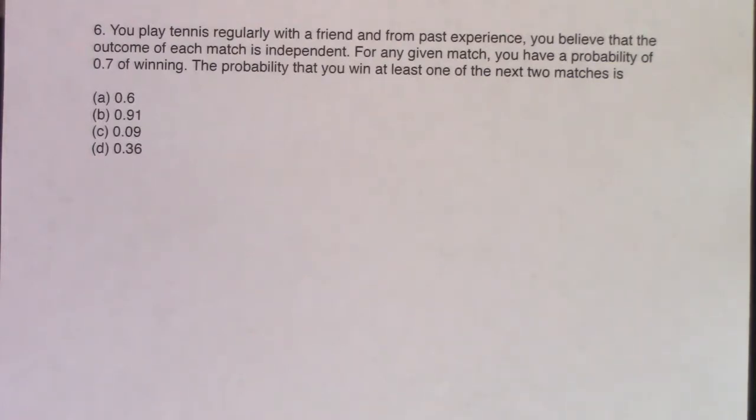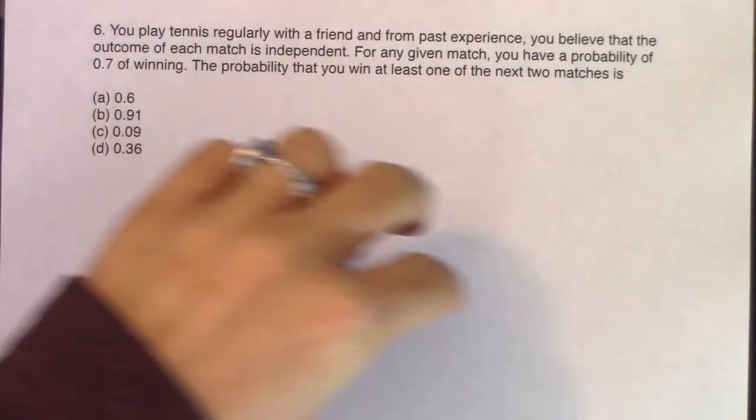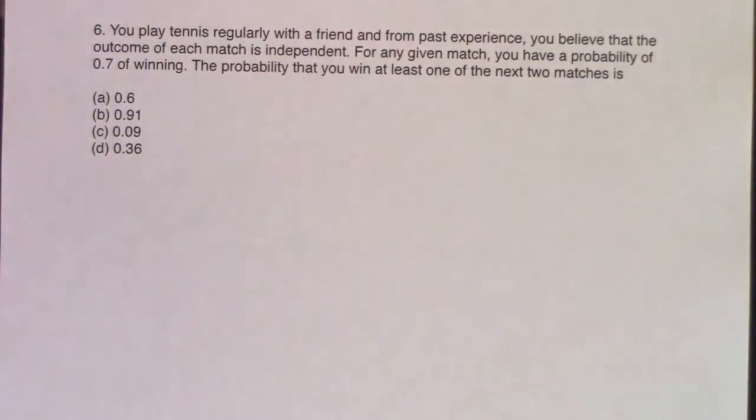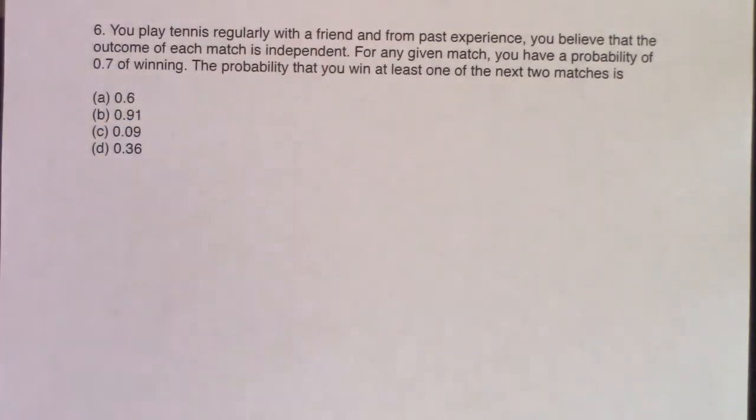All right. So before we get going on this, let's just take a step back. So we're gonna play some tennis matches, and we're gonna play 2 of them. Okay? And they're saying the outcome of each match is independent, meaning whether I win or lose the first game has no bearing on whether I'll win or lose the next game. Okay, and I've got a 70% chance at winning. So that's pretty good. I tend to win a lot more often than I lose, right? 70% of the time I win, 30% I lose.